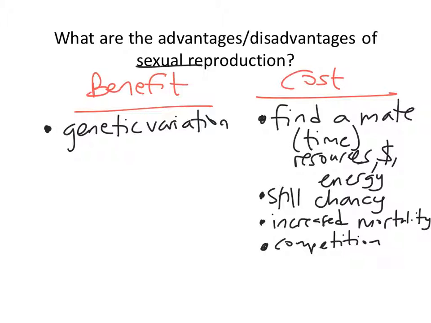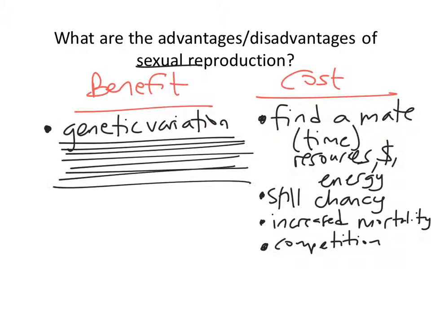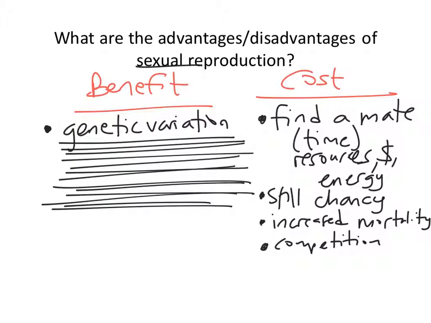Yeah, the scale sort of tipped towards why the hell do we sexually reproduce? Which is strange because it seems like there's more cost than benefits, so why are there more sexual organisms? I think the benefit is so large. Yeah. I think the benefit just completely outweighs all the costs. Yeah, exactly. There you go. Are there other benefits? So we're going to talk about costs today. We'll talk about benefits next.